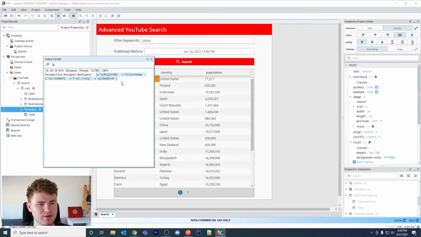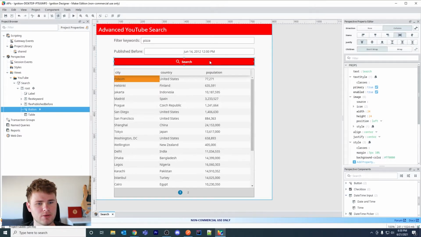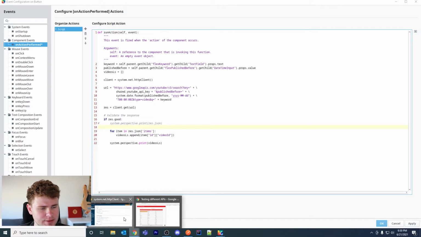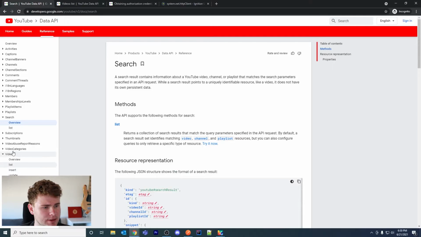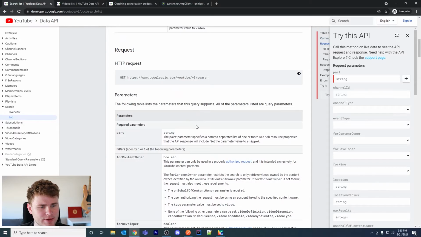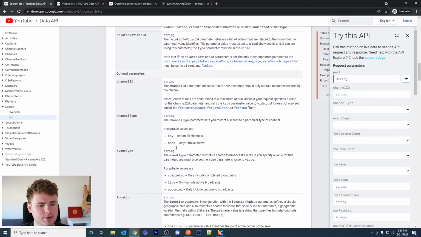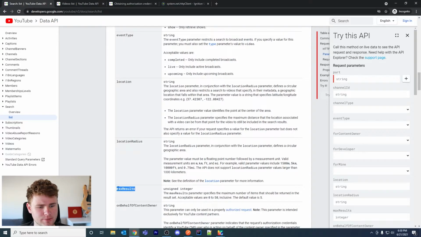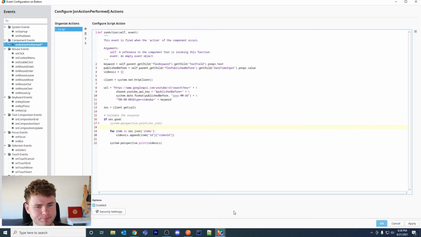We can see we have 5 videos here. There's actually a URL component here. If there isn't, it's something we can add. Okay, so search list. You can see different examples. You can even get code examples here, but I want to filter for a certain type or max results. There we go. Max results. Let's just add this key to our URL